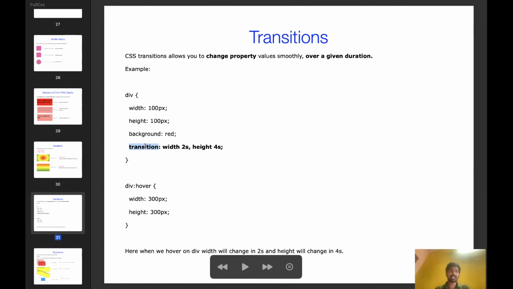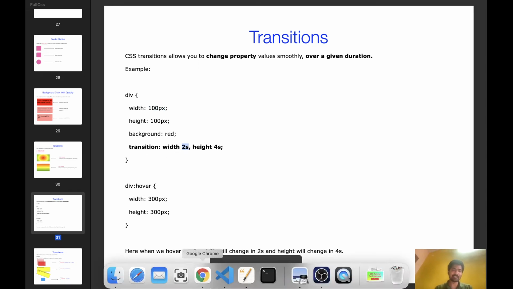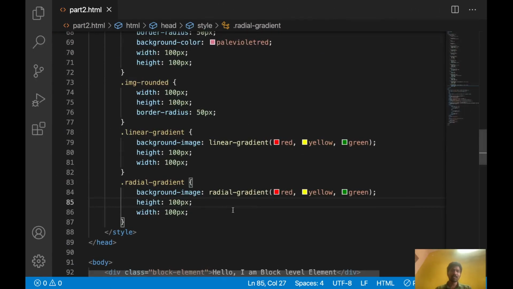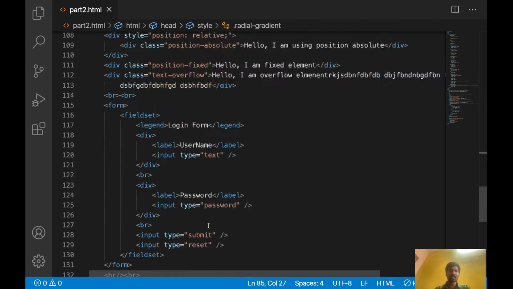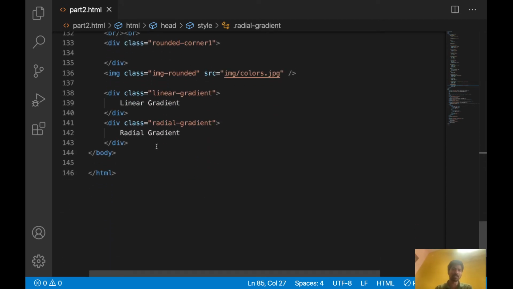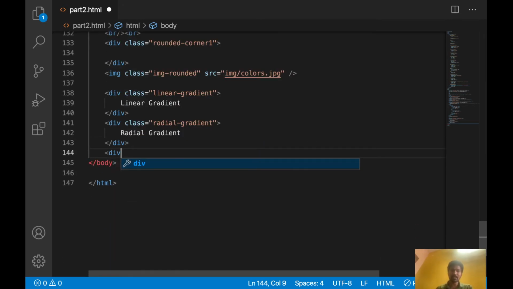So we should write it like this: transition colon, property name and the duration, comma, one more property name, space, then its duration. That way, the property change from 100 to 300 will happen in 2 seconds. Let's apply this one and you will get to know. Transitions are one of the more important things. You will feel it once I do it. So let's add some transition